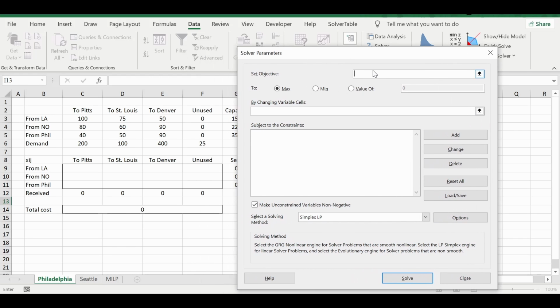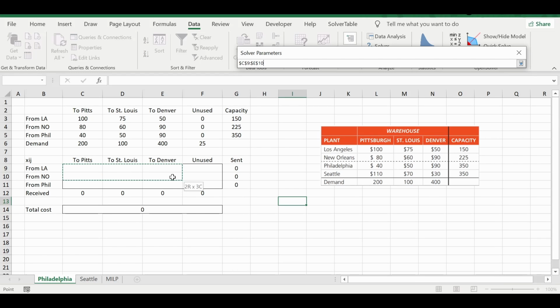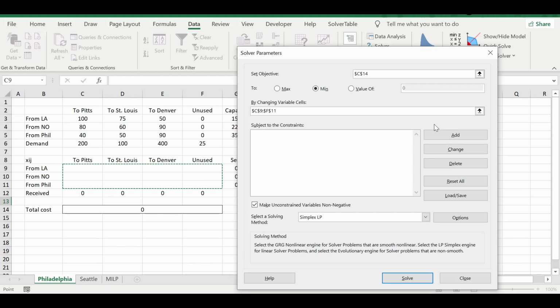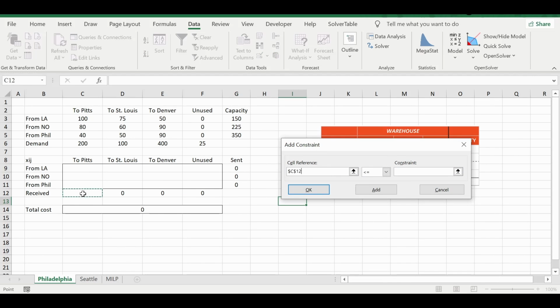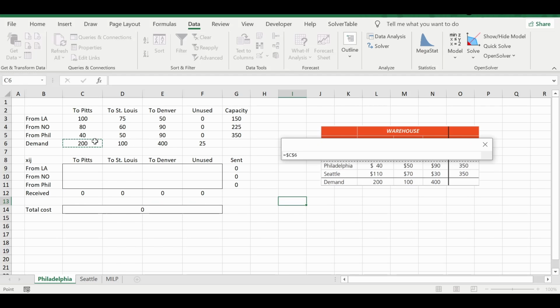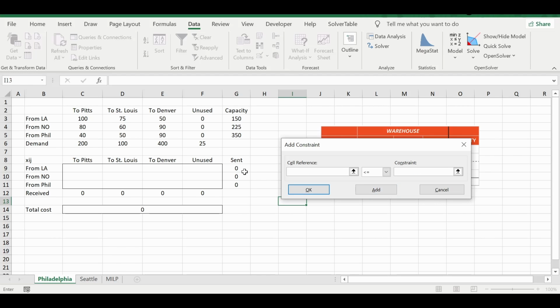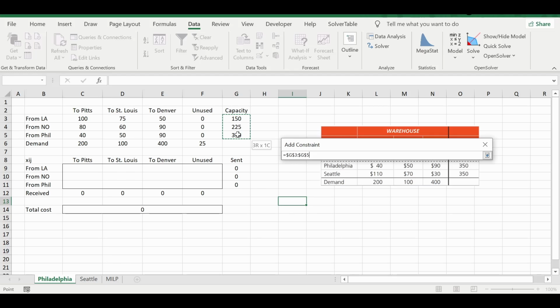In the set objective box is the total cost, that is C14, as your total cost objective function. We will minimize the total cost. And what are your variable cells? It is your decision variables xij, that is this one. And then in the constraints, you know that we will add the demand constraints like this, equal to total demand, add, and then total sent is equal to total capacity.